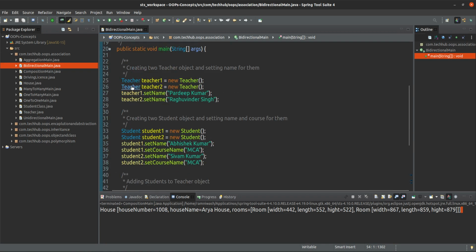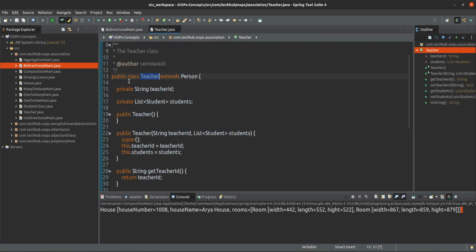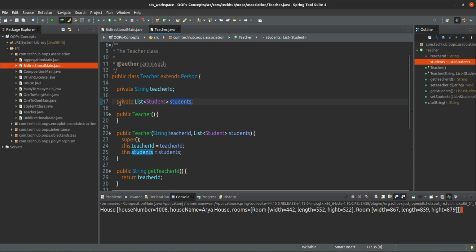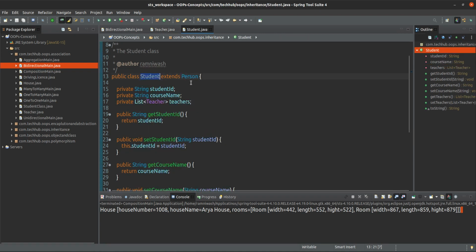I will show you the blueprint also. See, this is a Teacher extending Person. Yeah, teacher is also a person. So see line number 70, a list of students is there. So inside the teacher object, a list of students means student references are there, and inside the student, if you see, a list of teachers, the teacher reference is also there.